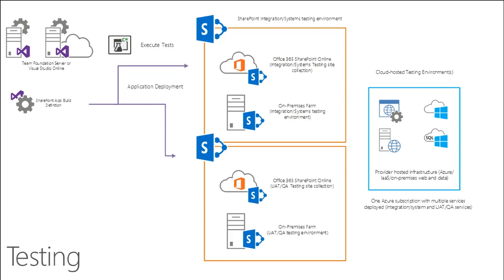You can have separate build definitions for each one of these, or you can actually make a parameter change in the files of the PS1 files and have it deployed to either or. Typically, what we're going to see is that you can have SharePoint TFS deployed to your UAT environment, but you'll typically see a more stable build and refresh cycle in that environment as actual live human beings will be conducting UAT in that environment.